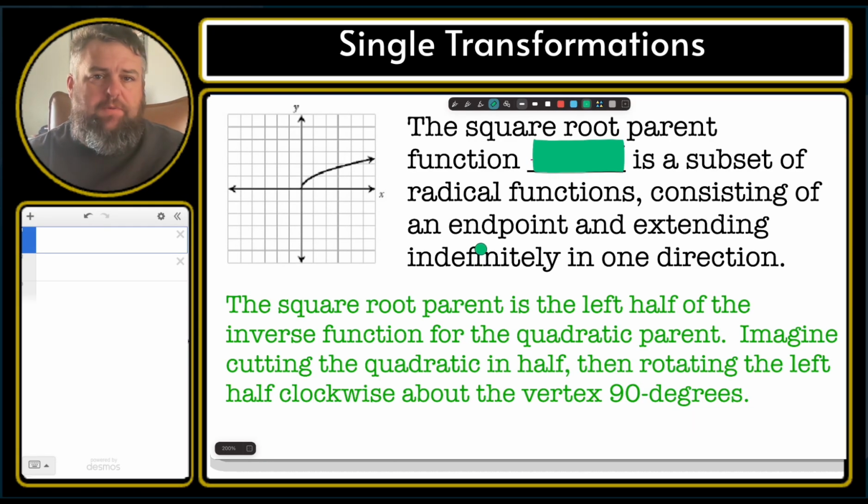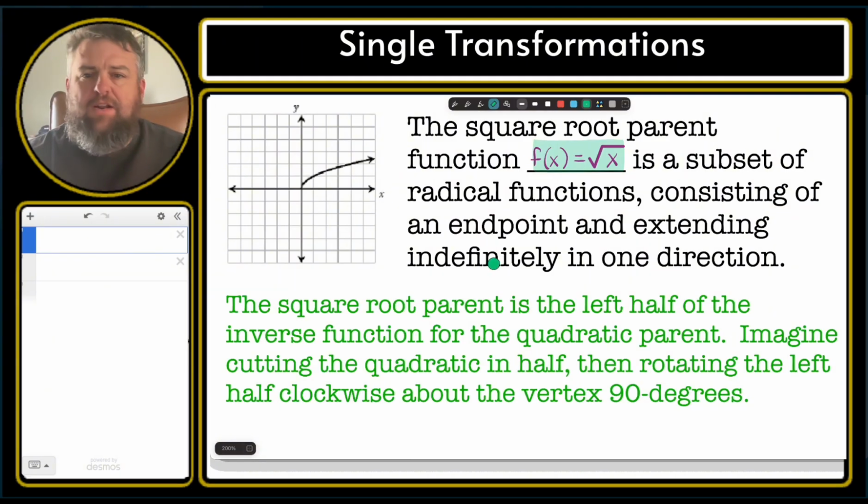Welcome. Thank you for joining me. Today we're going to be covering single transformations using the square root function, the cubic function, and the cube root function. Now, the square root parent function, known as f of x equals the square root of x, is